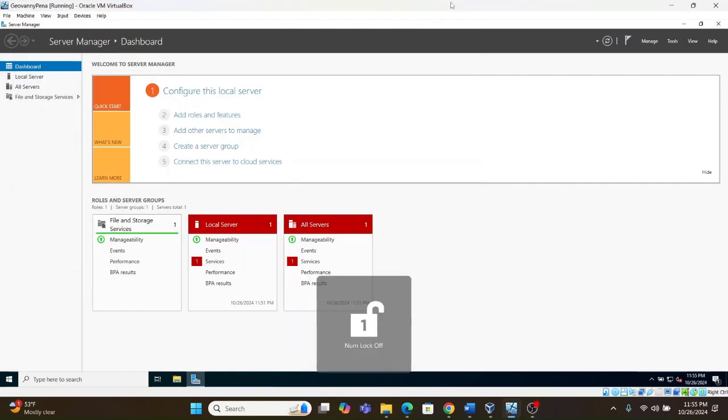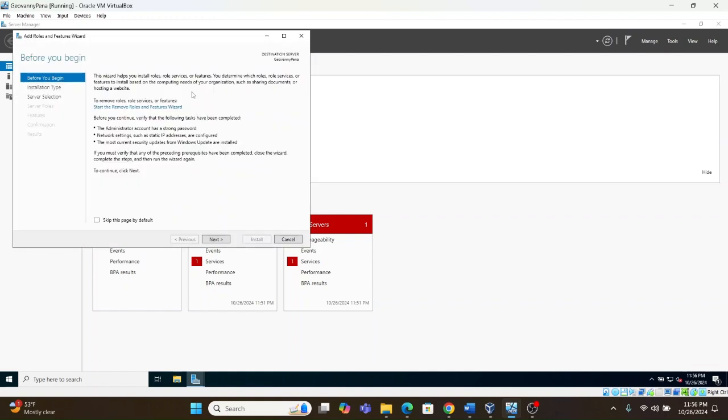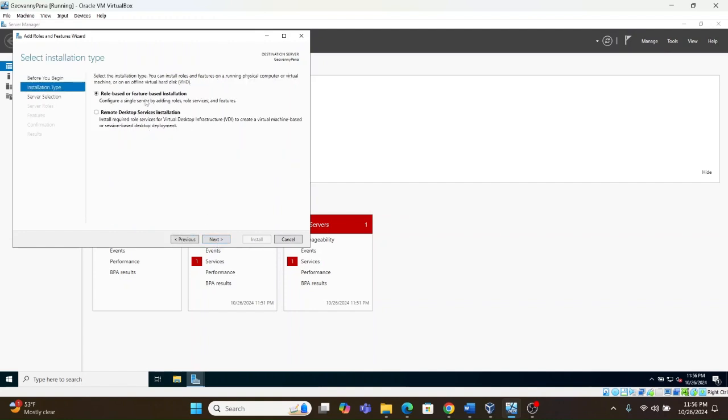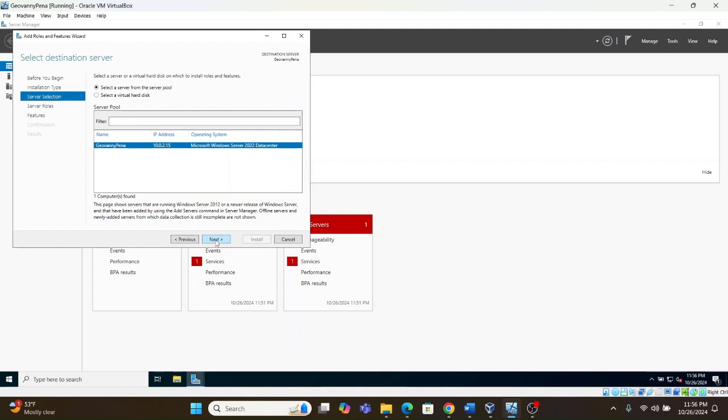Okay, I have created the virtual machine using VirtualBox with Windows Server 2022 Datacenter. And now let's promote it to a domain controller. So click on Add Roles and Features, and next. We set the option role-based or feature-based installation. Next, and make sure my server is selected. Next,